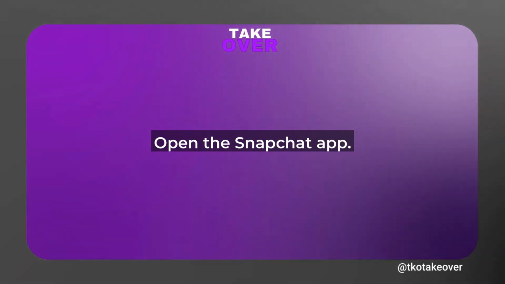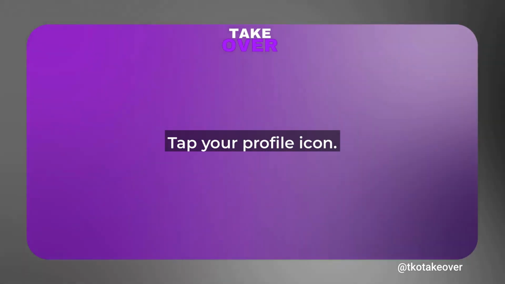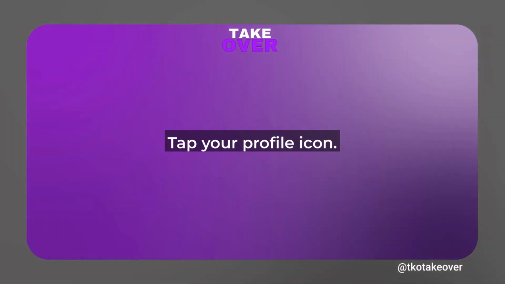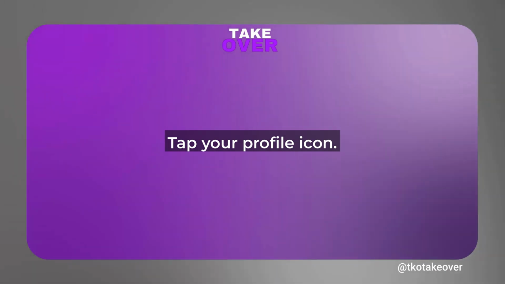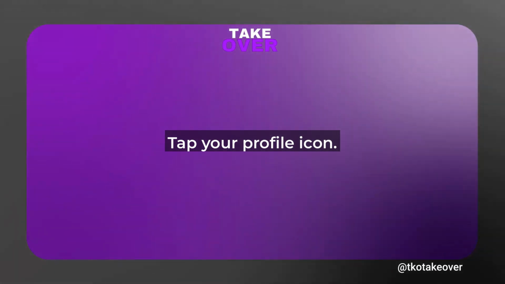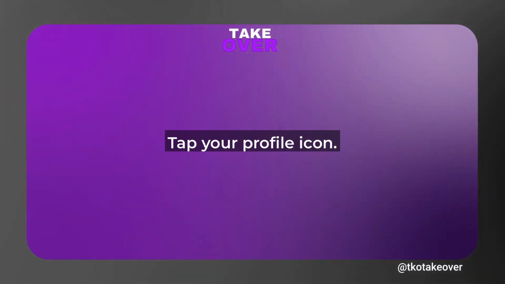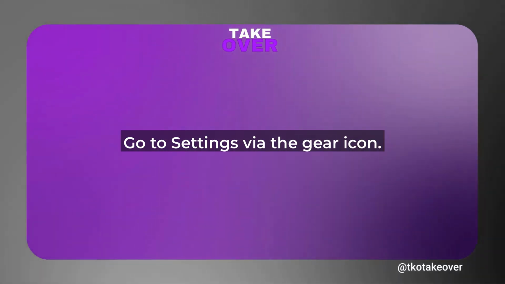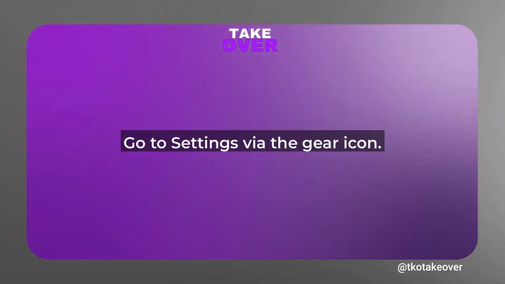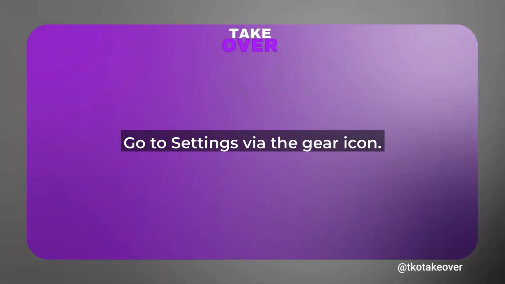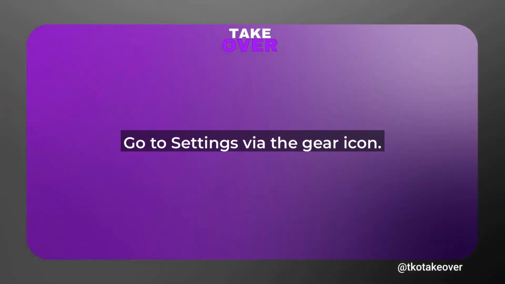Head to your device's App Store, search for Snapchat, and hit Update if needed. This ensures you have access to the newest settings. Once that's done, open the Snapchat app on your phone or tablet. You'll land on the camera screen, so tap on your profile icon in the top left corner to access your account settings. Now, scroll down on your profile page and tap the gear icon labeled Settings to enter the main